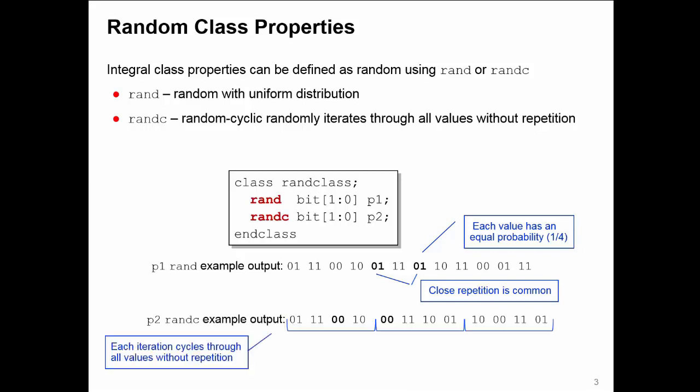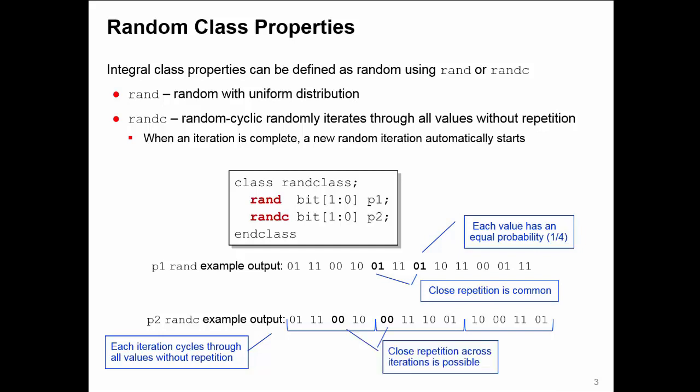So this breaks out the randomization into a series of iterations. Within each iteration, you go through all possible values of the property without repetition until that iteration comes to an end. When you finish one iteration, you automatically start another. This will again go through all possible values of the property, but in a different order. So close repetition across iterations is possible, but within an iteration you can't have repetition until you've gone through all